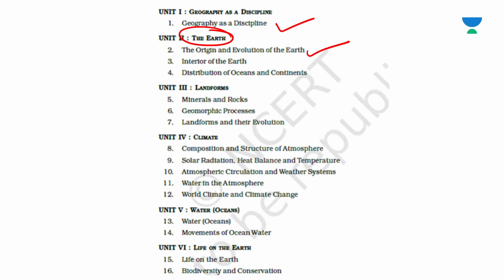In the origin and evolution of the Earth, we have covered the early theories like origin of Earth, and then modern theories, origin of the universe. We discussed the Big Bang theory, then star formation, formation of planets, then our solar system, where we have discussed the moon,